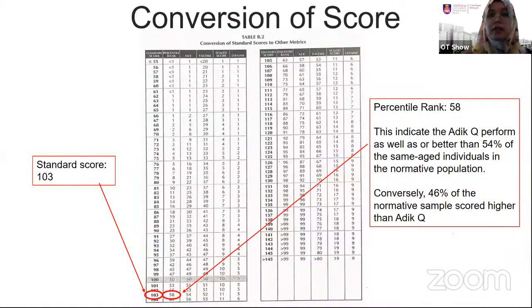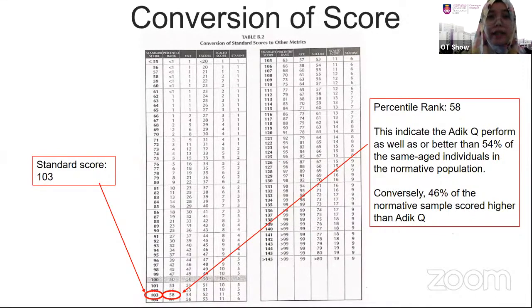Okay, yang ni kita kena convertkan untuk dapatkan dia punya percentile rank. Okay, percentile rank adik Q, kita tengok 103 sebelah dia itu adalah percentile rank dia. Okay, 58. Okay, kita kena ingat ya 58 percentile rank 58 ni bukan bermaksud adik Q ni dia punya performance adalah 58%, bukan bermaksud itu.